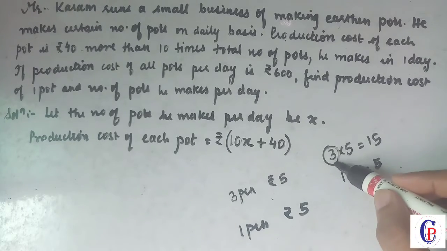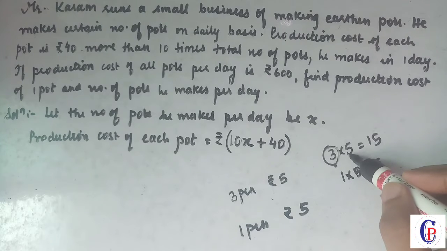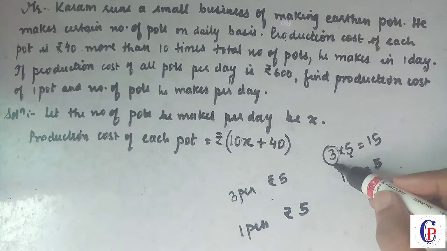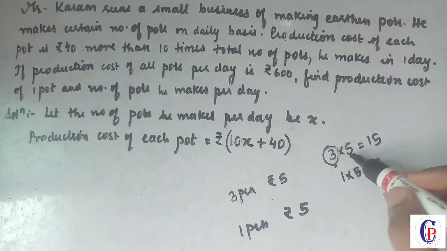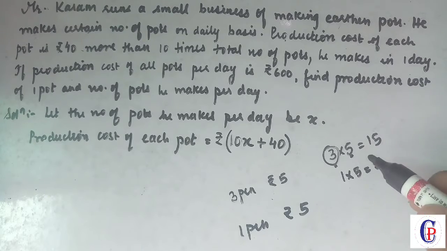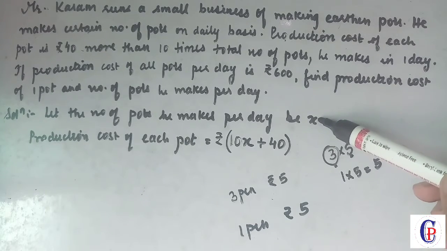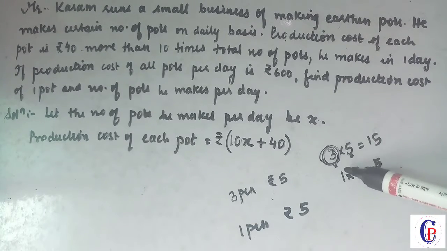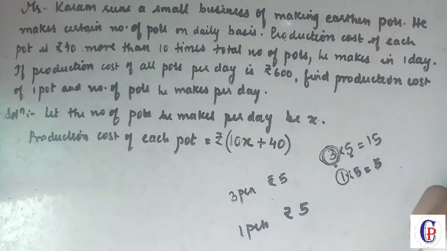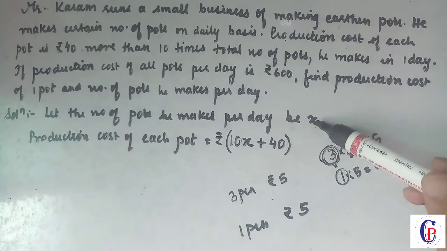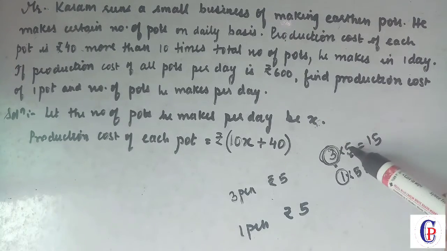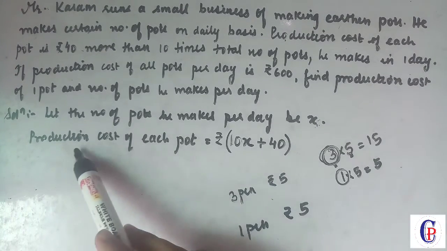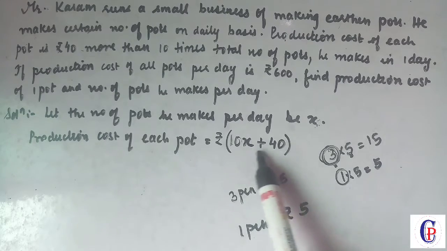So what is this 3? Number of pens. And what is this 5? Cost of one pen, right? 3 is the number of pens, that is the quantity of pens, and this 5 is the price of one pen. Similarly here x is this 3, or 1, whatever it is, we have to find it. So here 3 or here x. Okay, x means how many pots there are, and this 5 that we have taken as an example is the cost of one pot.